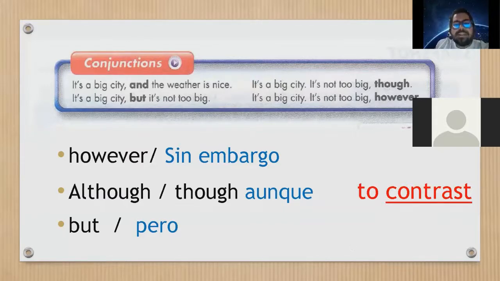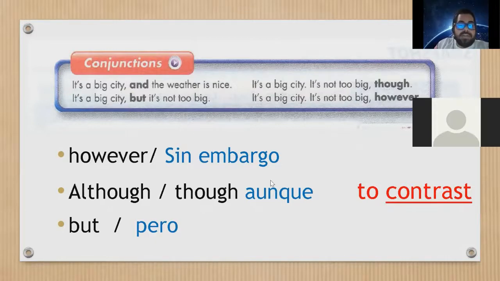These words in here are to contrast ideas. Okay, to contrast ideas, guys, when you want to say something opposite to what you mentioned before. For example, guys, let's take a look at the meaning of the words first of all, and the pronunciation too. So these words in here, guys, are to make contrast. The first one, guys, is however. However, okay?